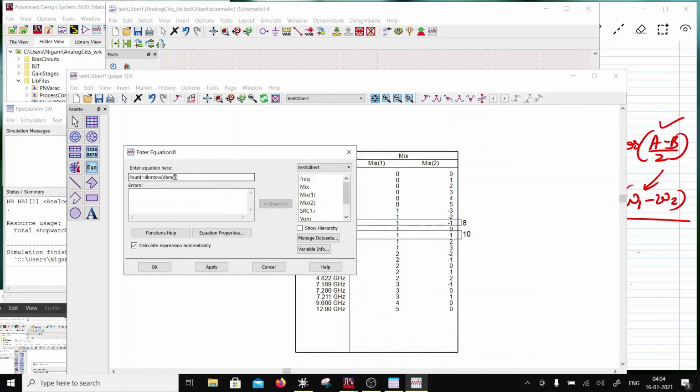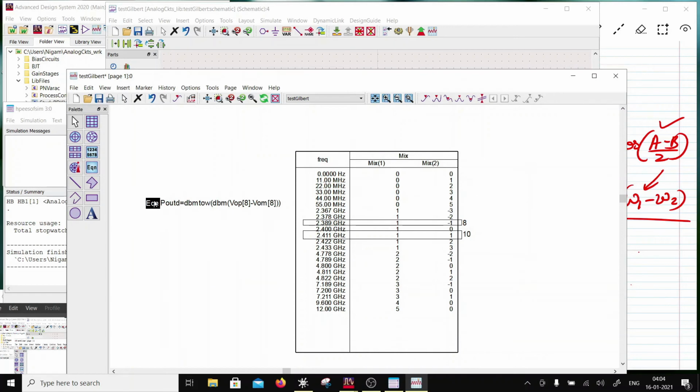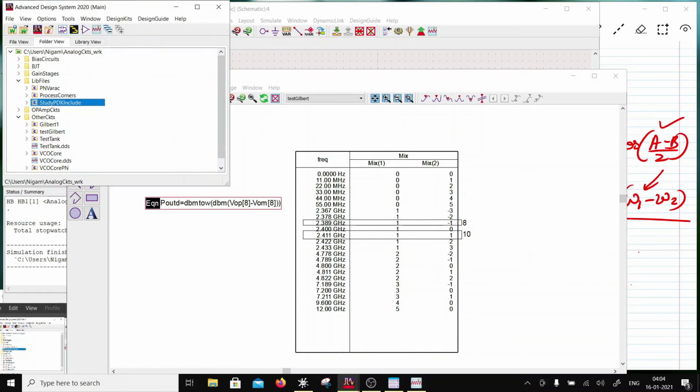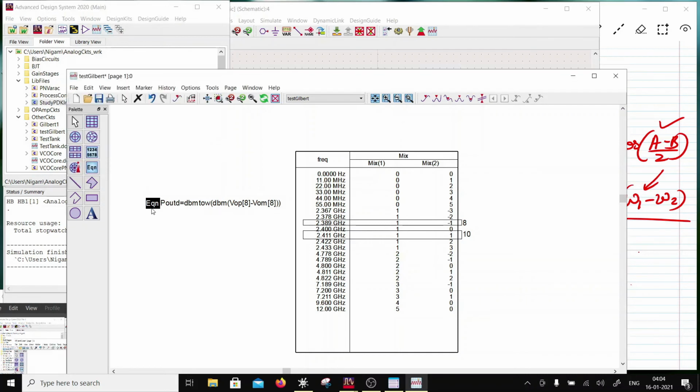So that would be VOP minus VOM, and we are looking at index number 8. So this is going to be your difference of the frequency, and then you are going to look at the sum. So I'm just going to copy this one, Control C, V,